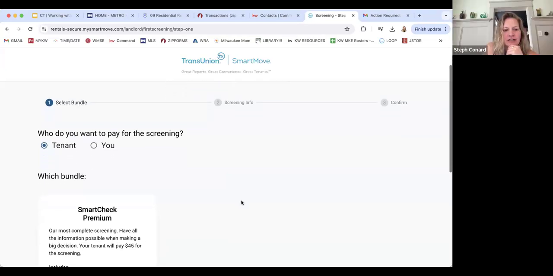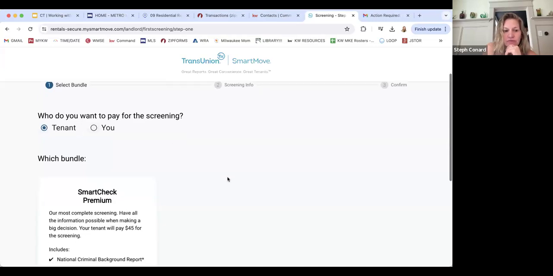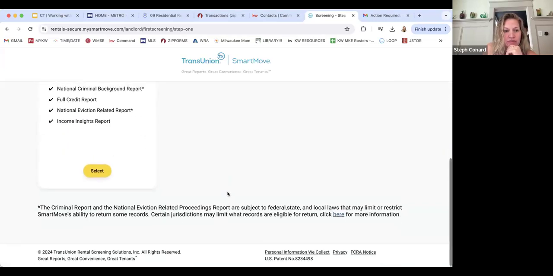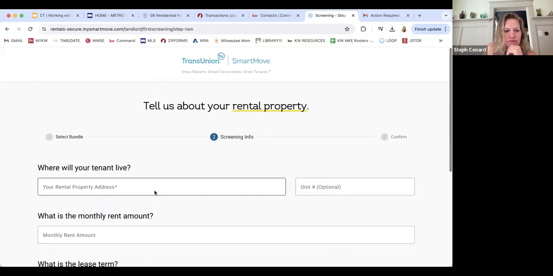So let's screen your tenant. It kind of just walks you through. So who do you want to pay for the screening? The tenant or you? And we would have the tenant pay for it. What I would like to get to is